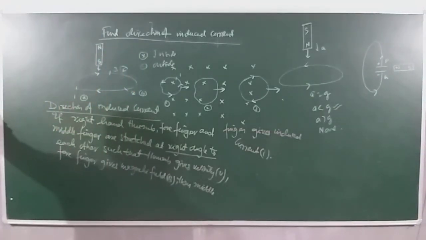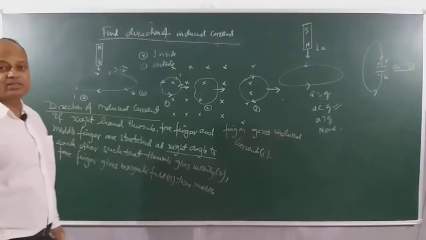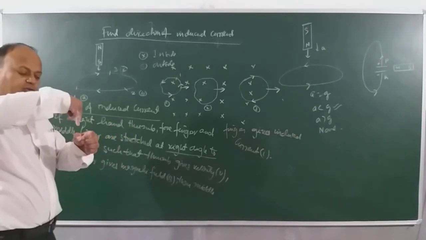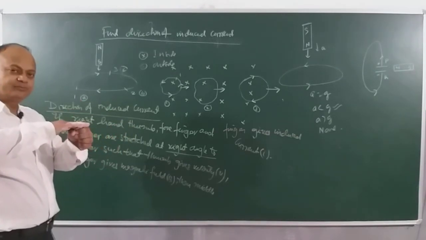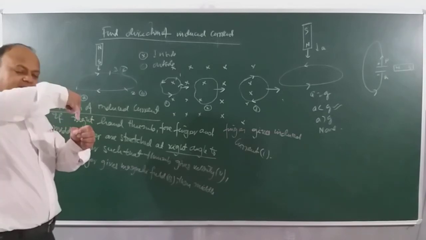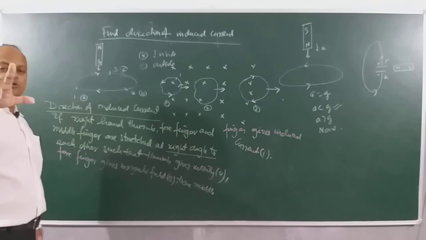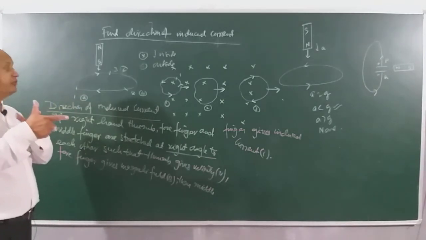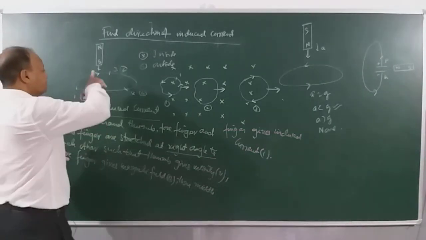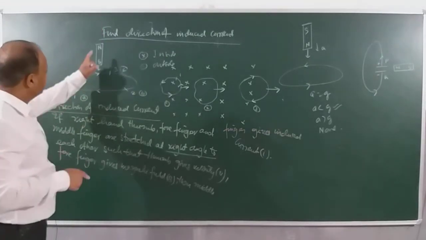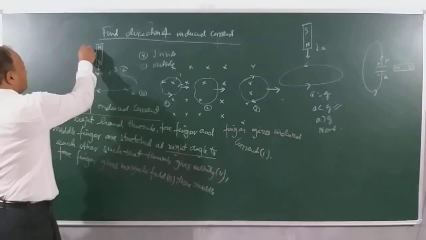Let's utilize it here. Remember, we will be using this law for increasing flux. For which flux? Increasing flux. This is the coil and the magnet is falling through. So you can see this is the plane of the coil and the velocity of the magnet, both are perpendicular to each other. If you use the right hand rule, children, let's use the right hand rule. This is the velocity. Velocity is down. Magnetic field is always from north pole to south pole. So the field is pointing where? Upwards. This is magnetic field B.